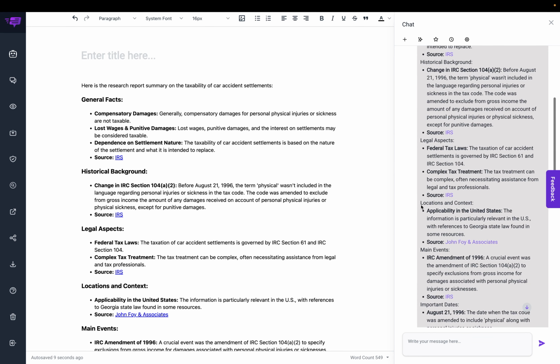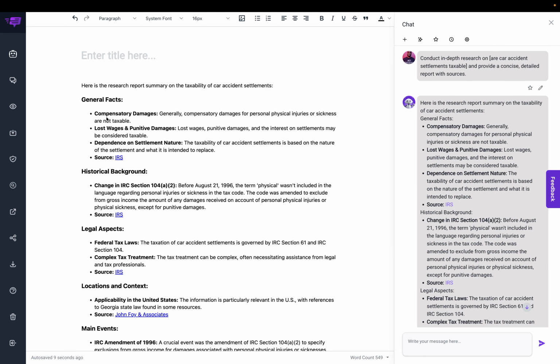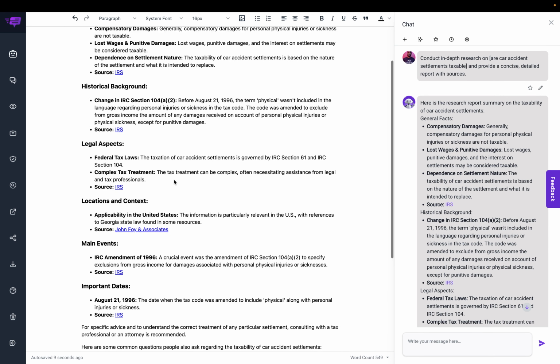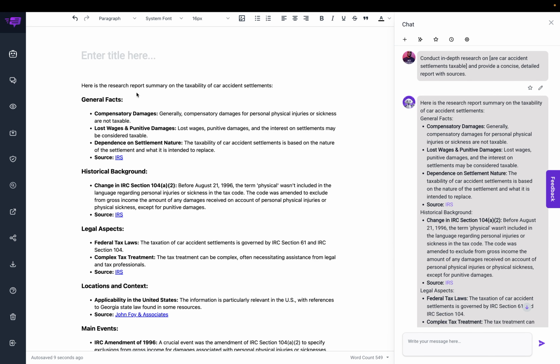In the next video, I'm going to actually show you how to put this information into the instructions and use that as background information to make sure that the AI writes more factually and also writes paragraphs and other things